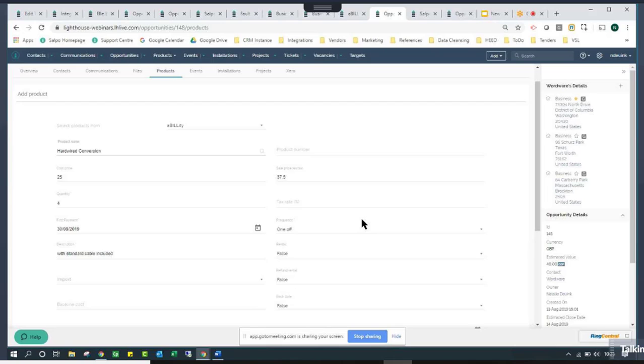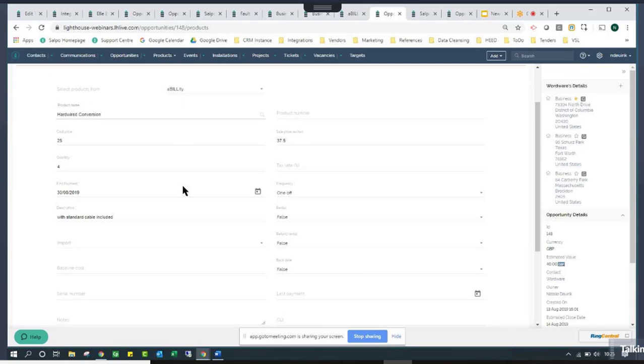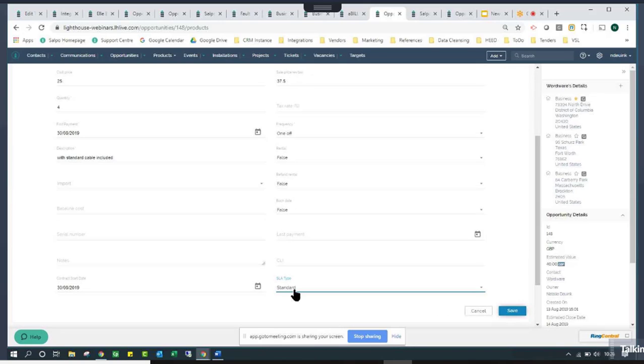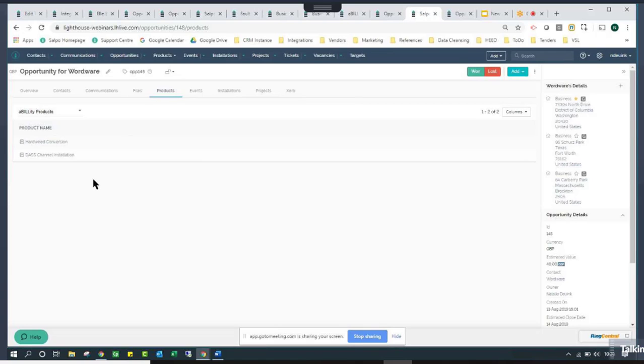And so when I'm adding that product to an opportunity, this is the screen I'm going to see where I'm choosing from my aBILLity catalog, and I have all the different data fields, like the standard Salpo ones, but now I also have all the different data fields of those custom fields like SLA type that are related to this product line for this sale. So once I add and save that product to the opportunity, it's just going to give me a list of the associated products with that opportunity, so I can see that information, and I can use my columns here to view and see what information I've filled out so that it's showing within here for easy